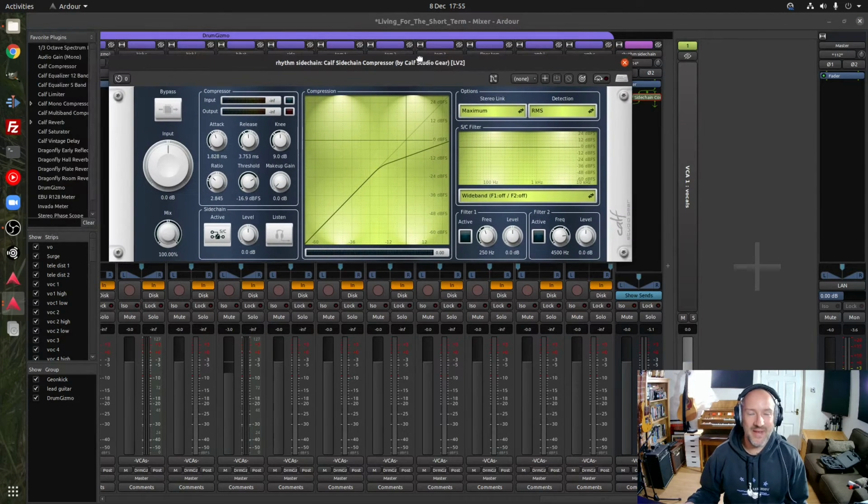It's a compressor and works in exactly the same way as a normal compressor. You set your ratio, you set your threshold. The attack and release times become a lot more critical when you're doing sidechain compression, because the actual activity of it is being triggered by a thing that you specify. What I'm doing here is I am using that Geonkick, that thumpy dance kick, to trigger this compressor,